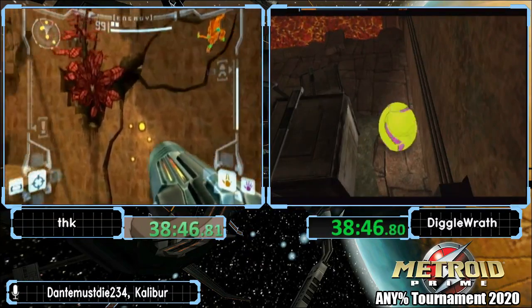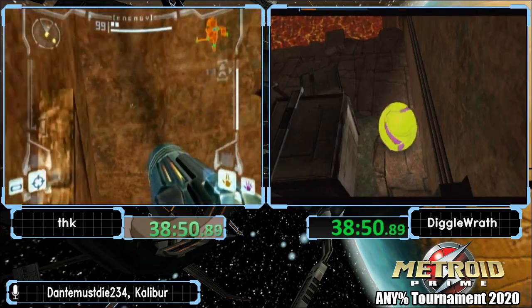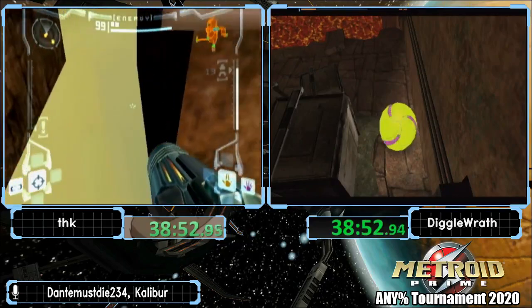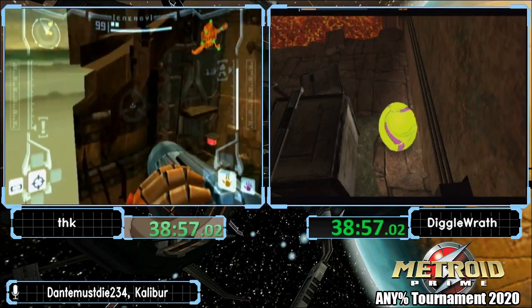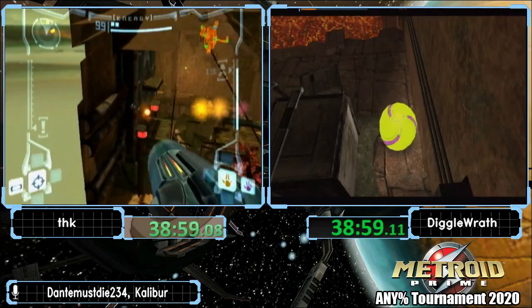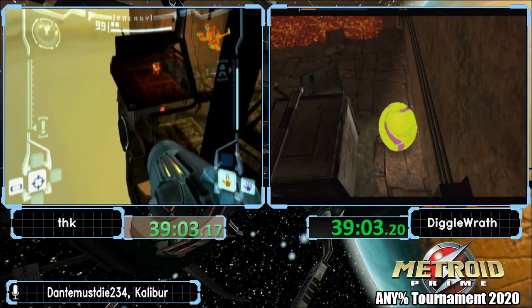Doesn't IBBF save like 2 minutes RTA? I'm not sure. Part of that is Ghost Skip, because Ghost Skip saves a lot of time. It can save a bit of time without Ghost Skip RTA because of the